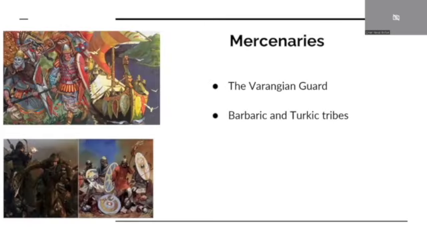Throughout its foundation and existence, the Byzantine army employed foreign mercenaries. The ability of Byzantine emperors to employ mercenaries from all over the world demonstrated the wealth and prestige of the Byzantine army. The mercenaries often supported the main army, but at times, mercenary units formed the bulk of the army as well. Barbarian tribes are one of the mercenary types more frequently used by the emperors. The Varangian Guard, formed by Scandinavian mercenaries, was the most famous unit of the Byzantine Empire.